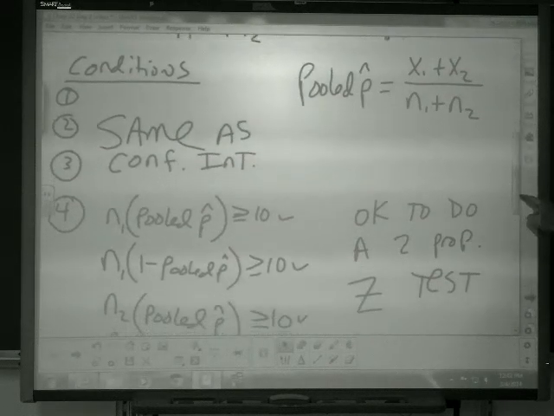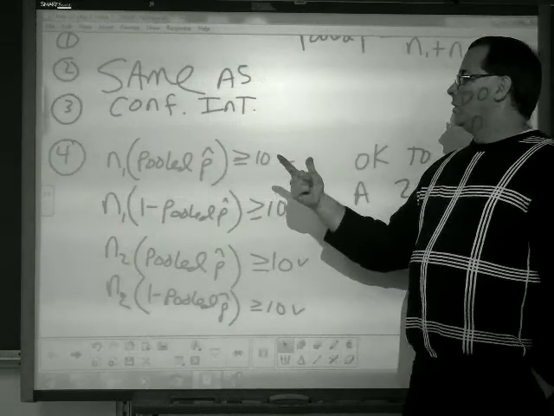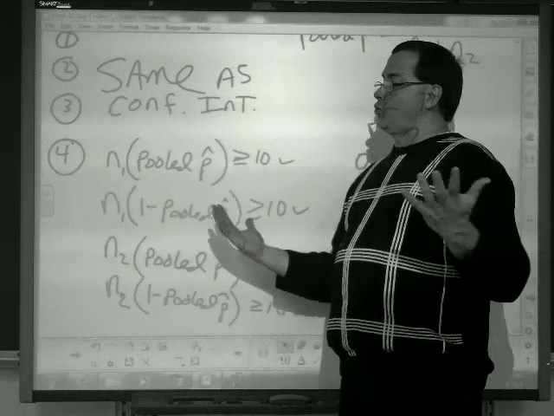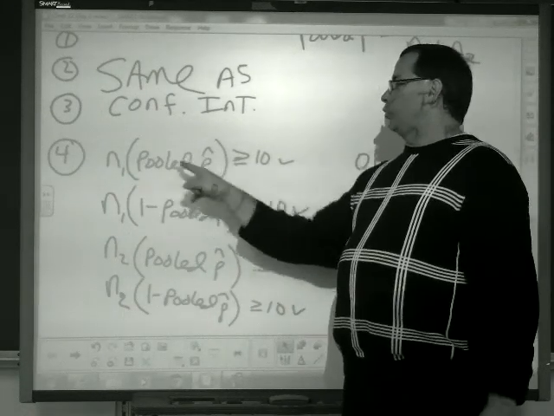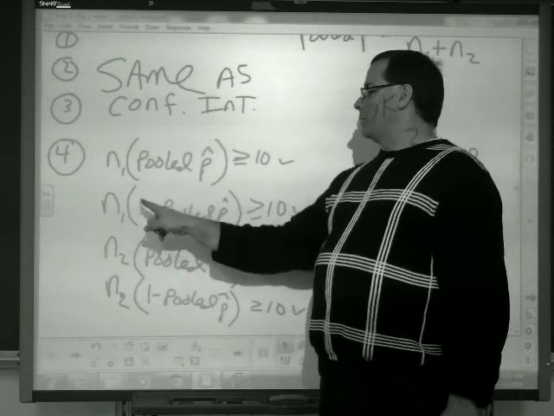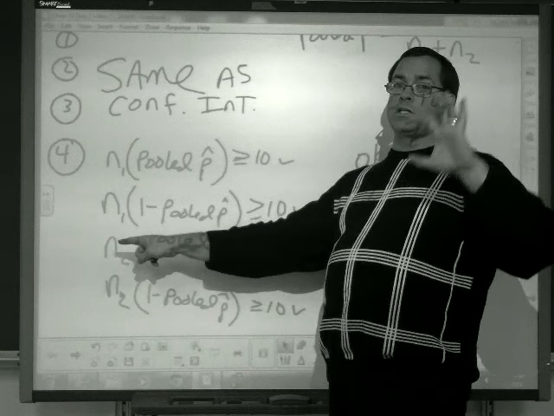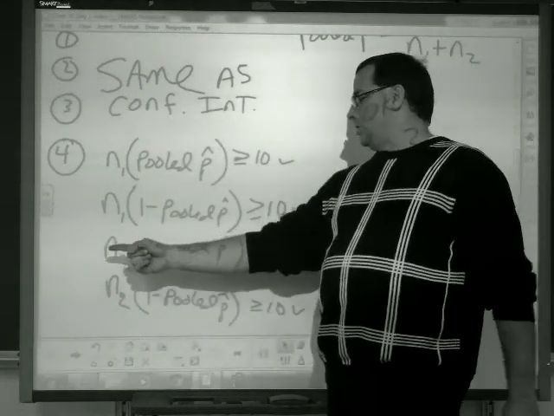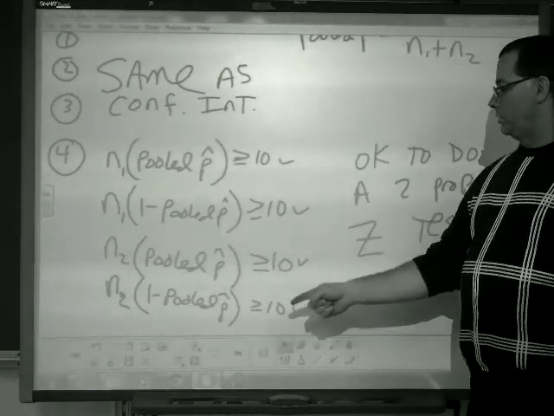So, in your conditions, instead of using P1 and P2, you use the pooled p-hat. Because again, that is what's true. It's true that they're the same until we can disprove it. So, N1 times pooled p-hat, N1 times 1 minus the pooled. N2, got to check both sample sizes, because we don't always take the same sample size. N2 times the pooled, N2 times 1 minus the pooled,